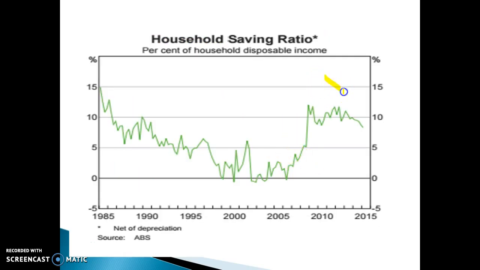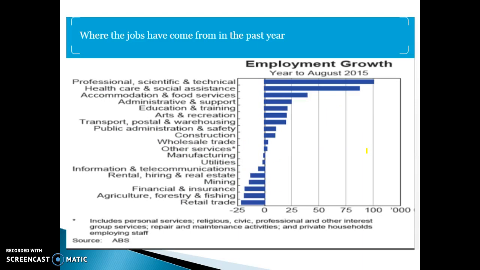Household savings ratio starting to fall a little bit. It's still much higher than it was before the GFC because people want to save more because they're not as optimistic. Consumer confidence is lower, but it is starting to lift, as you can see, over the last 5 to 6 months, based on the fact that consumer confidence is starting to grow again.